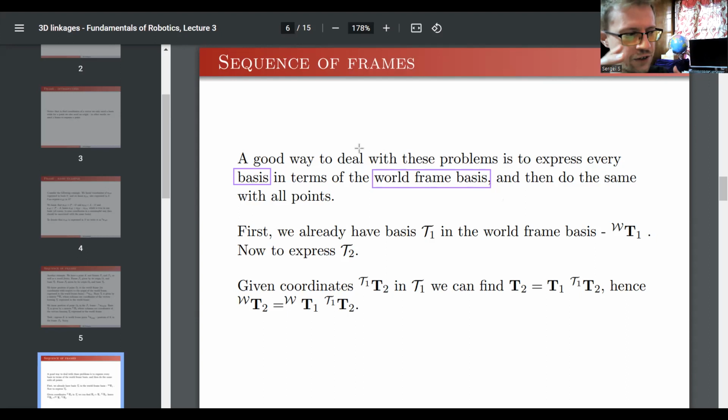Before, we had the relative orientation: frame 2 relative to frame 1, frame 1 relative to world. Now we can get absolute orientation, so everything is relative to the world. We already have basis T1 in the world frame basis, and that is T1 omega, right? Now, we know T2 with respect to the basis T1. That means, by definition of what coordinates mean,